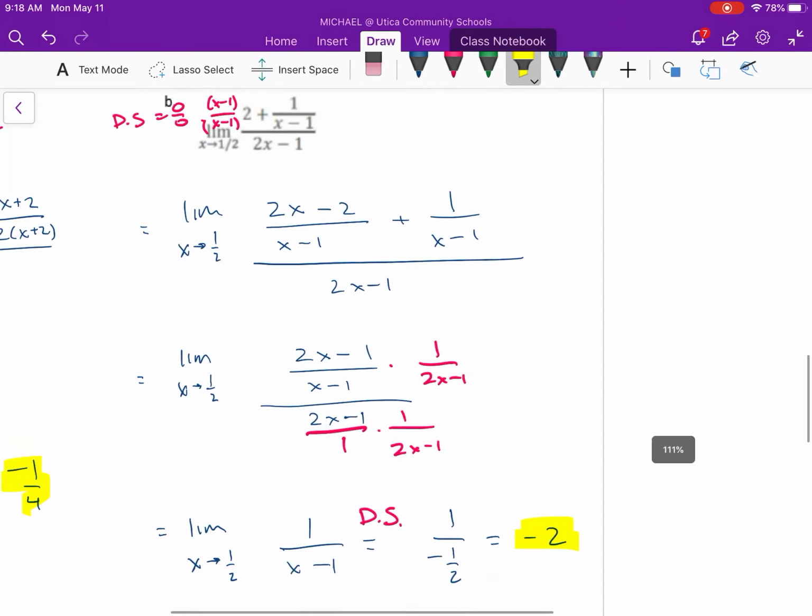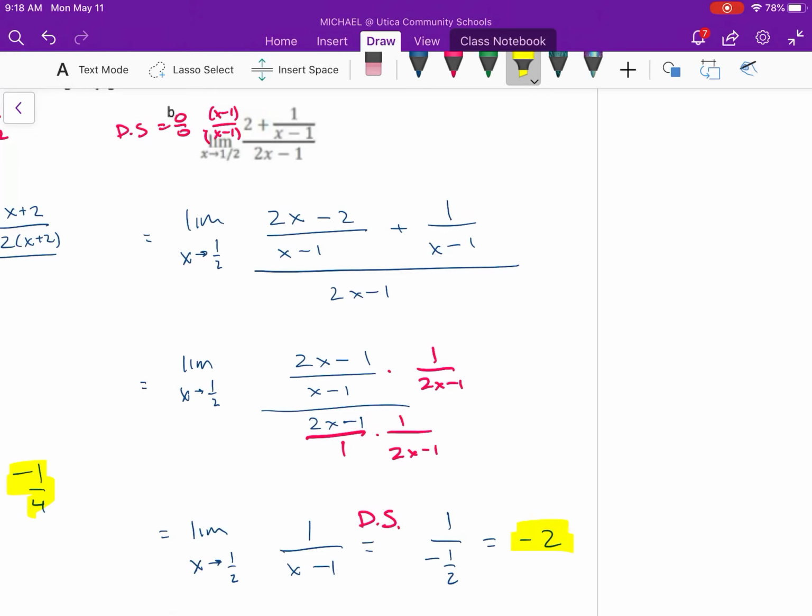For example B, again, direct substitution gives me 0 over 0. So I multiply the left fraction by x minus 1 over x minus 1. I work through the algebra, and I do direct substitution after I cancel out everything, and I end up with negative 2 for my